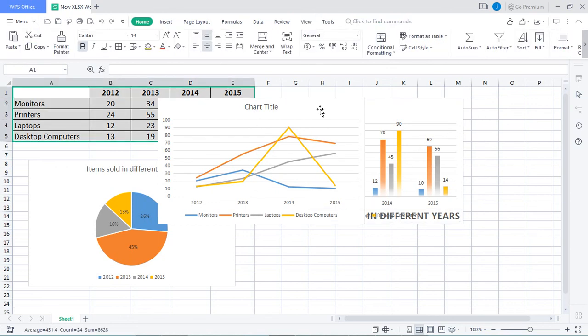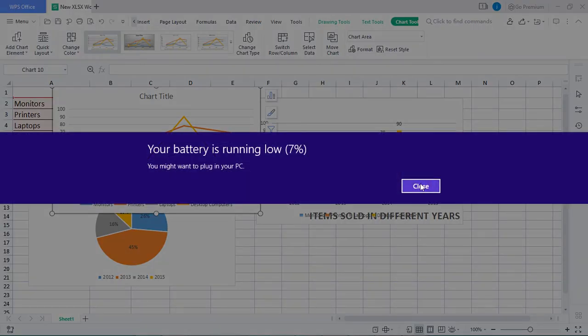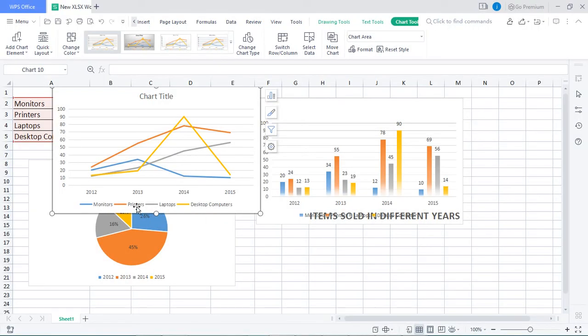A line chart looks something like this. The blue color is representing the monitor, showing you the rise and fall in the sales of this item. Then you also have the printer, the orange color, which shows the rise and fall. Likewise the desktop computer shows a peak and then a fall. And over here again you can change the title of the chart.